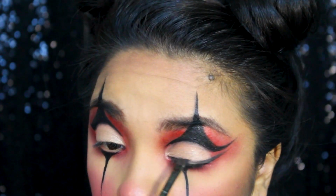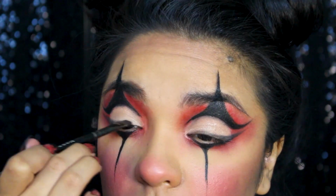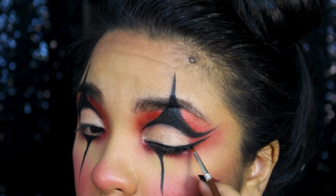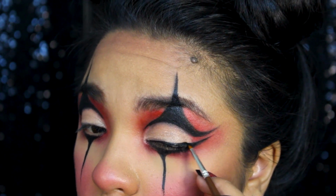After filling in both clown shapes, I'm doing the same with my eyeliner and tracing out a sharp wing liner, first with black eyeshadow and then going over it again with black body paint. I know we're going for a cute killer clown, so you're more than welcome to keep the eyes here, but